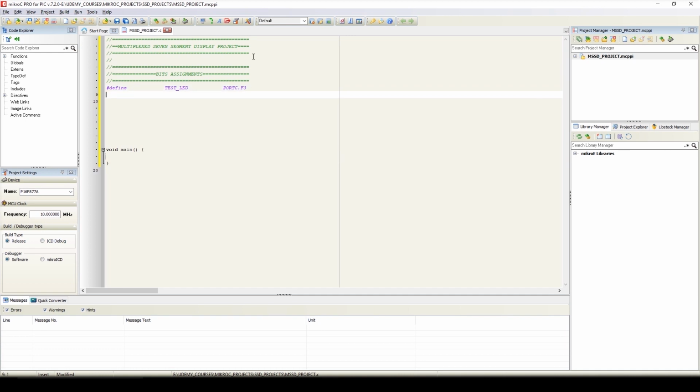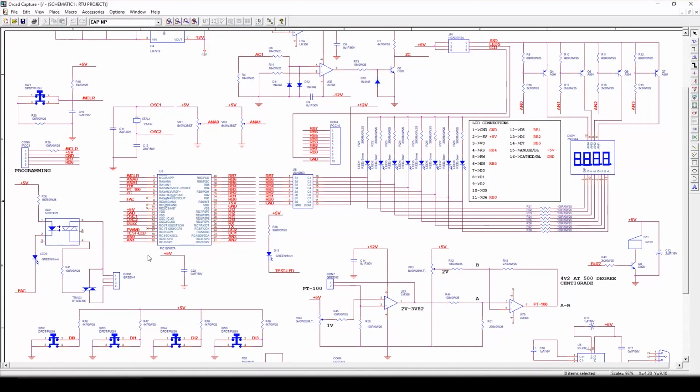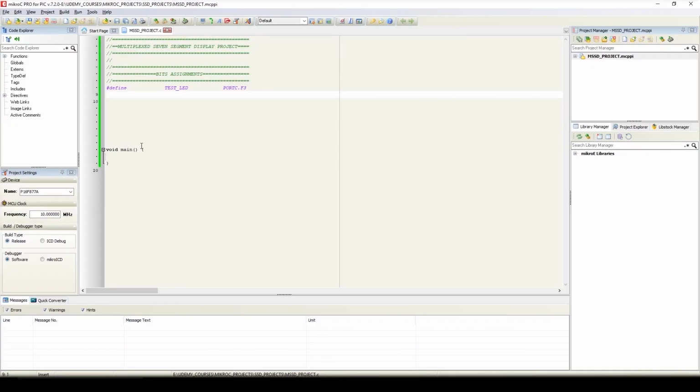Now we'll define the variables for anode selection. From the schematic we can see that the anode of the unit digit is connected on port D0, anode of the 10 digit is connected on port D1, anode of the 100 digit is connected on port D2, and anode of the 1000 digit is connected on RD3. So we'll define these variables in our program, and we'll write define anode_unit, that is port D0,